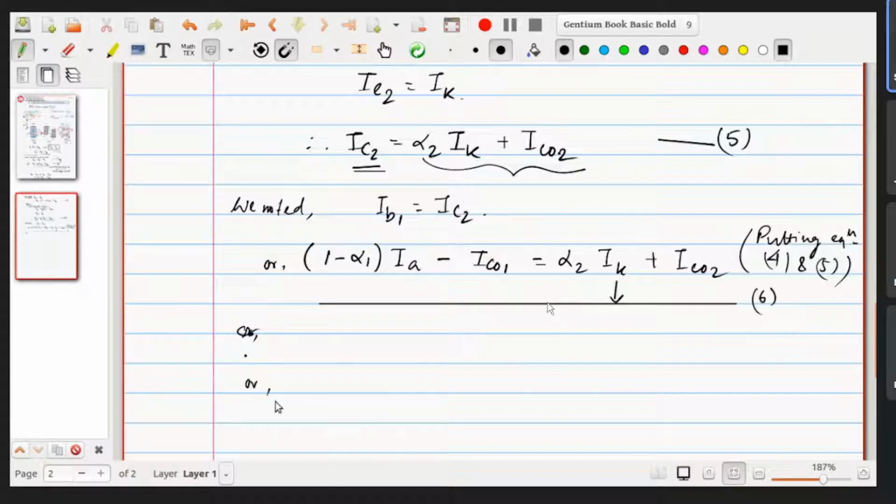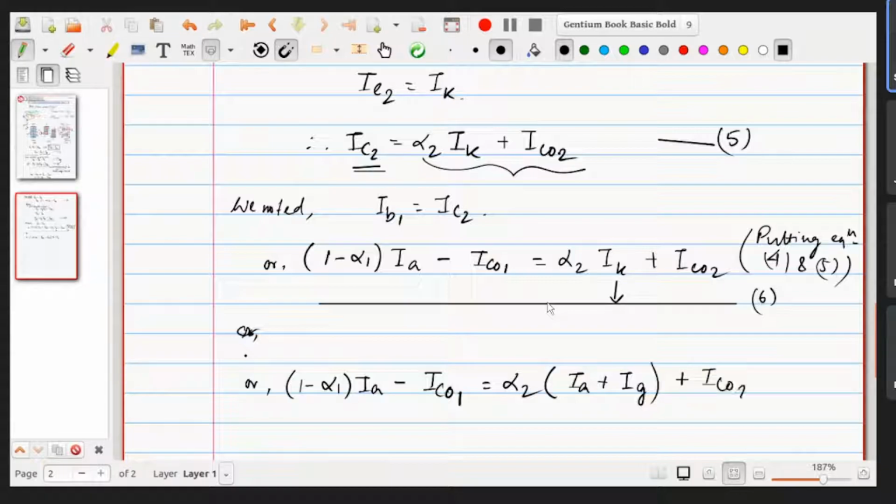If we put the values, then what we find, (1 minus alpha 1) IA minus ICO1 is equal to alpha 2 into, instead of IK, we can write IA plus IG